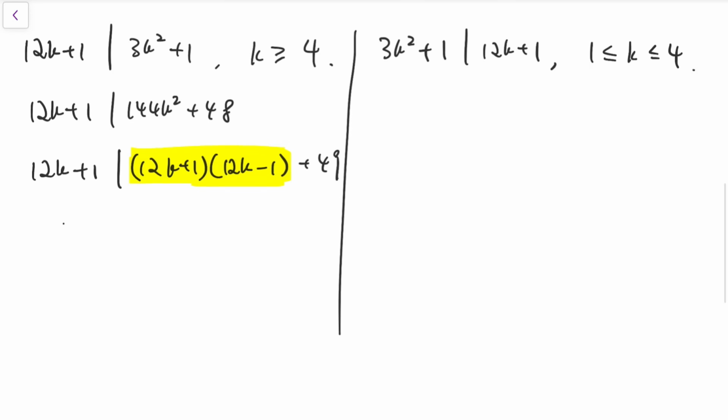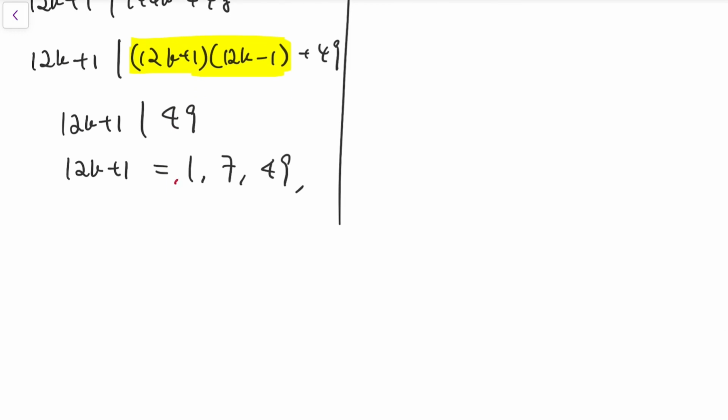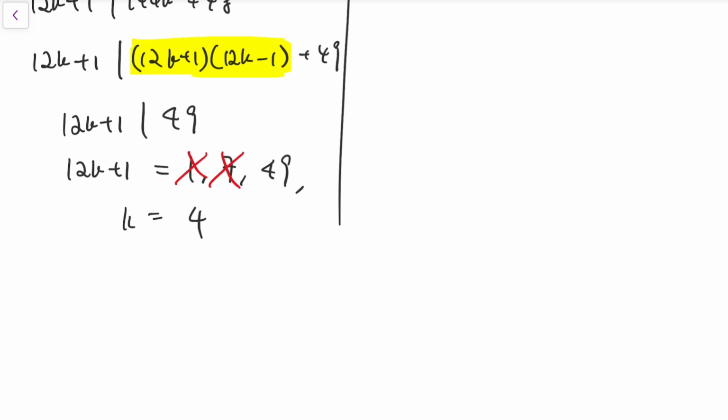So then this product, 144k squared minus 1, can be removed. And therefore, 12k plus 1 again divides 49. So those options appear again. We can put away 1 and 7. They do not provide positive integer solutions for k. And for the remaining